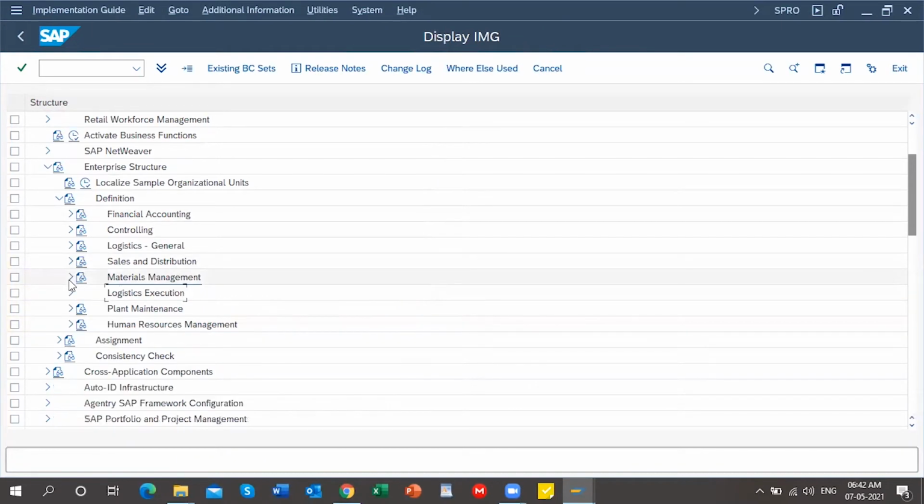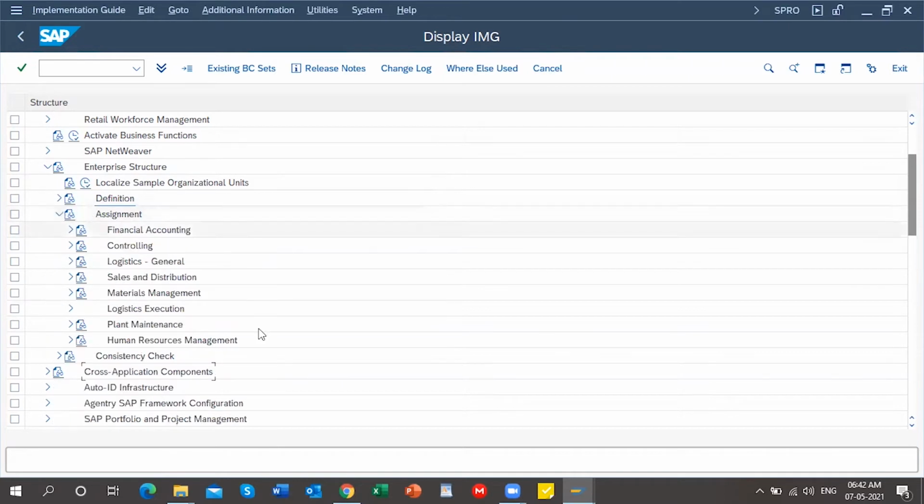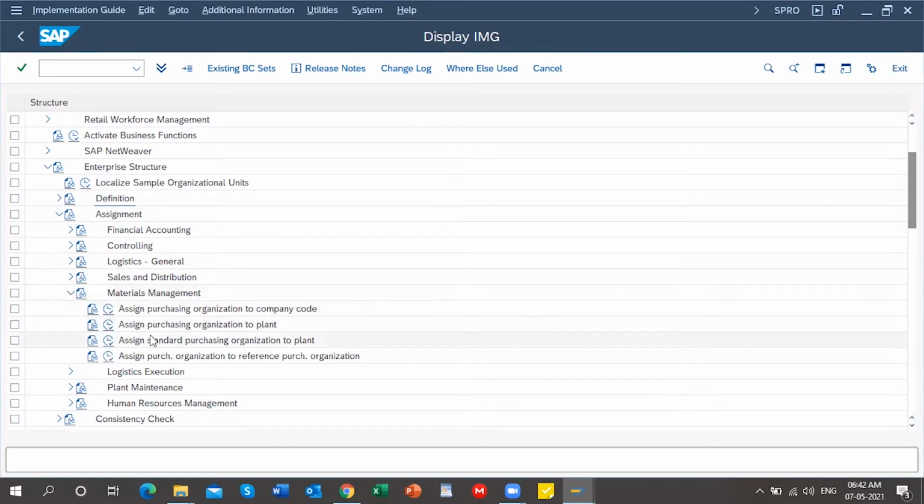After creating the standard purchasing organization, go to Assignment and click on Materials Management. Here you have options like assign standard purchasing organization to plant and assign purchasing organization to reference purchasing organization. What exactly does standard purchasing organization mean? It comes into the picture whenever you are doing standard special procurements.